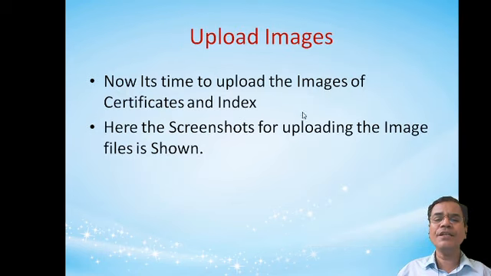So while uploading these images, you should have the previously clicked images in your mobile phone. So already I have told you on our WhatsApp group that you have to reduce the size of the image. So if the image size is near about 1.5 MB or 2 MB, then it will take some time for uploading. So that's why by using the software that I have mentioned in our WhatsApp group, you can reduce the size of the image. So the size of your image should be in kilobytes. So that if you reduce the size, then uploading will be faster. So now let us see how to upload the images.